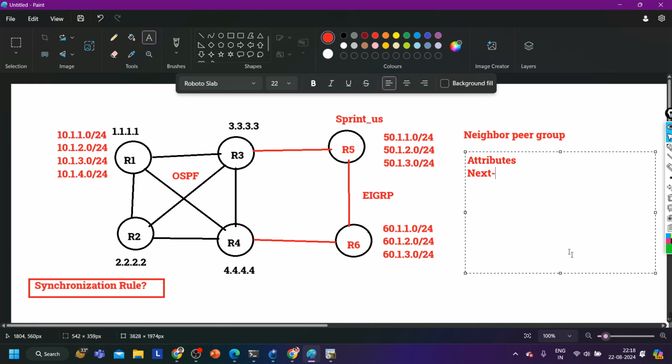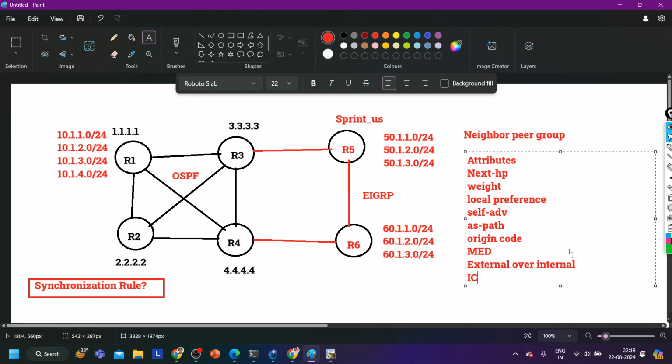Attributes are next hop, then weight, then local preference, then self-advertise, then AS path, origin code, then MED metric, external over internal, like eBGP over iBGP, then IGP cost to reach next hop, oldest path,